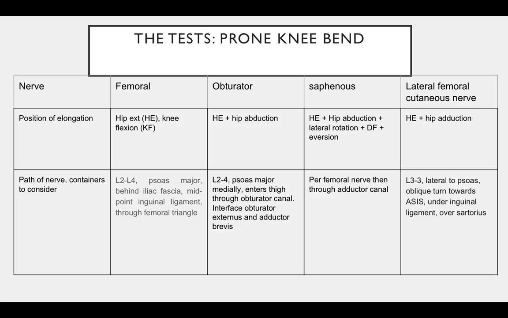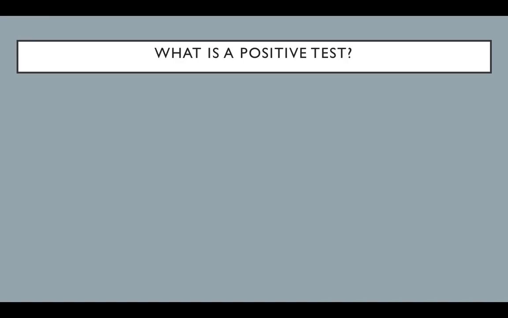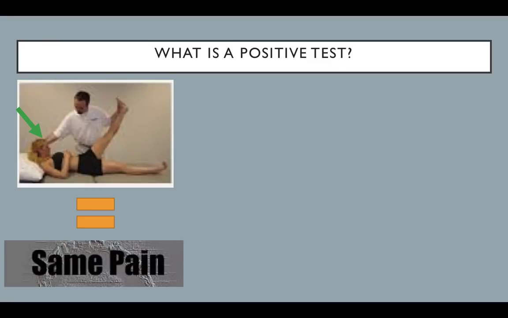Here is another reference slide to complete your chart. So what is considered a positive test? You will find that many of you have some symptoms or impairments with these tests. To be considered positive and an impairment in which to intervene upon, we must observe the following results: a reproduction of the patient's symptoms or a change with sensitizing maneuvers,